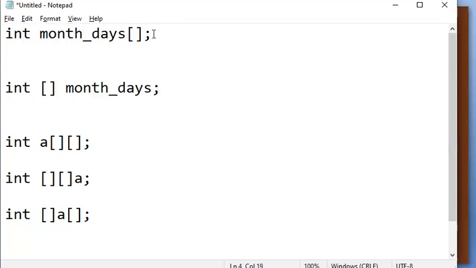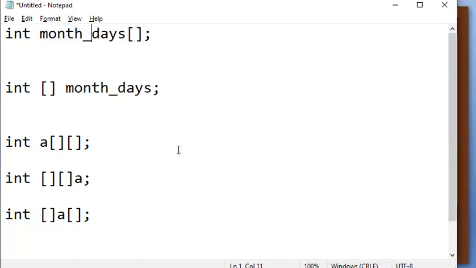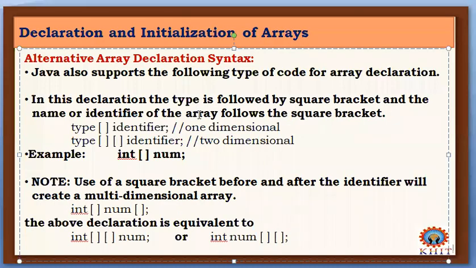The better way is to declare in this way, because we are very used to that. Already we know how to declare these arrays in C and C++ programs. So we'll follow the same thing. That is about the declarations of the arrays. Okay, so that is the end of the session. The remaining concepts I'll discuss in the next class.